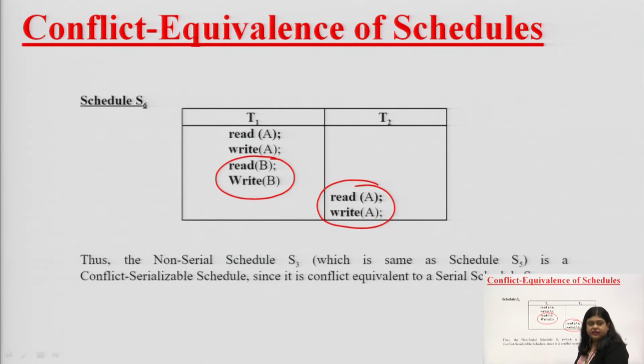The result which we are getting, you can see over here. Now, this is a serial schedule, it is no more a concurrent schedule. So, for that concurrent schedule, we have an equivalent serial schedule. These examples we have already seen. You can see S5 and S6 are conflict equivalent schedules, right. This is how we can swap the non-conflicting instructions on the timeline, and we can get an equivalent serial schedule, right.